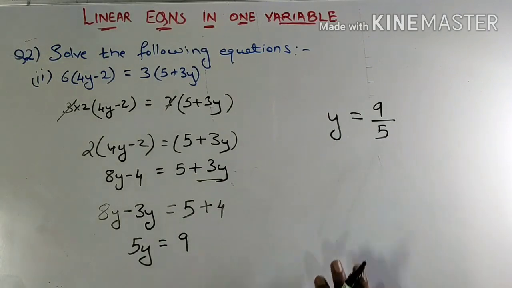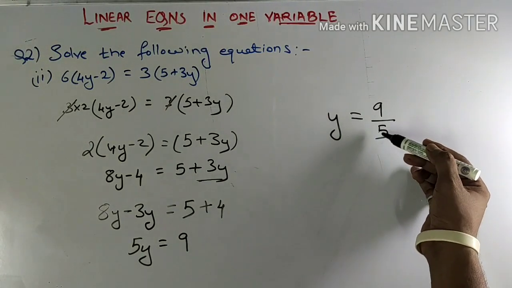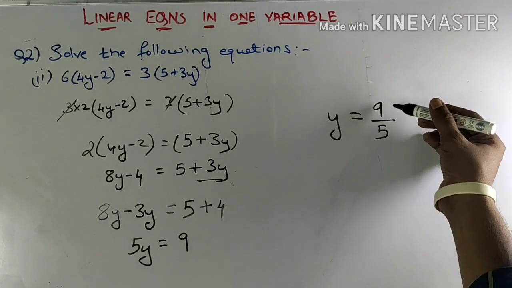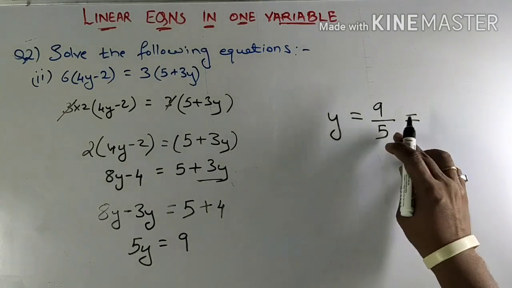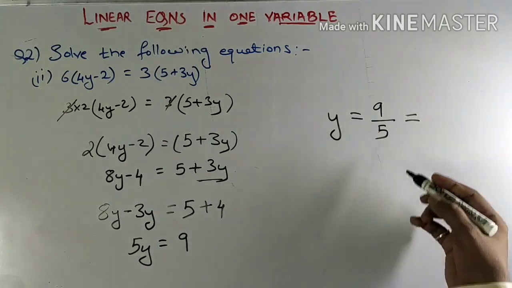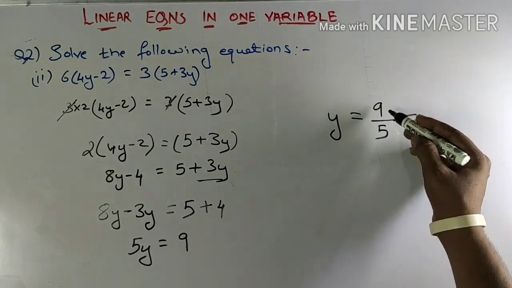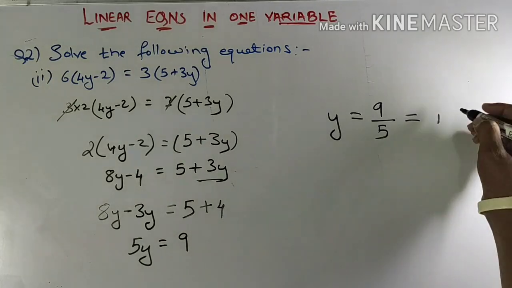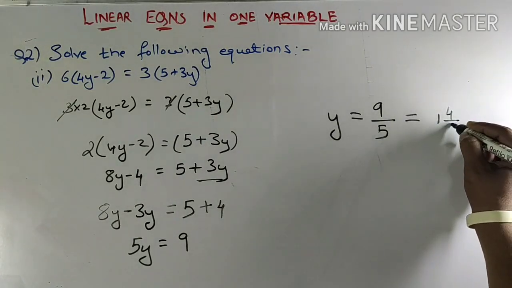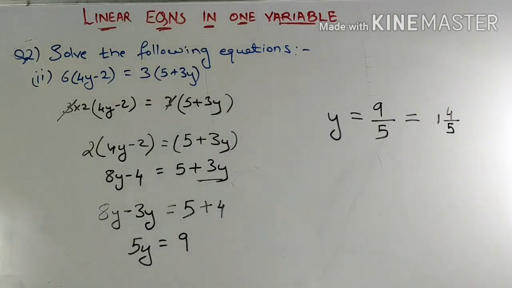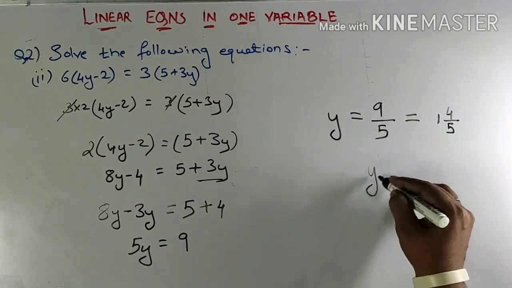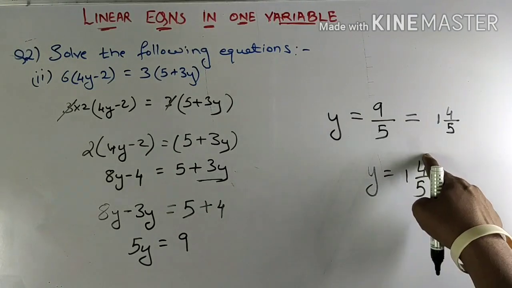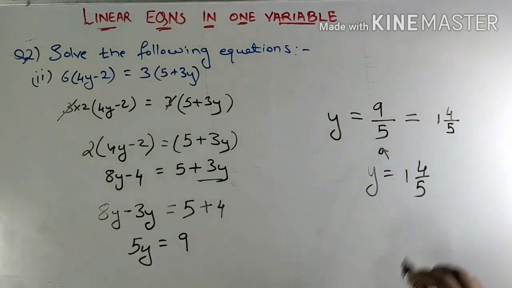But my answer is not over yet. Either I'll have to convert this into mixed fraction or a decimal point, because denominator is less than numerator. Hence, I'll choose the option of converting this into a mixed fraction. So when I divide 9 by 5, my quotient is 1, 5 ones are 5, remainder is 4, and the divisor again 5. So this is my solution of the equation, 1 4 by 5. You can cross check it. 5 ones are 5 plus 4, 9, 9 by 5. You go back to this previous step.